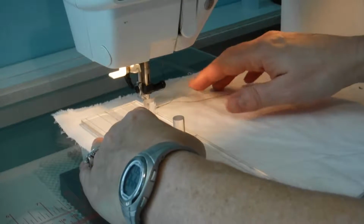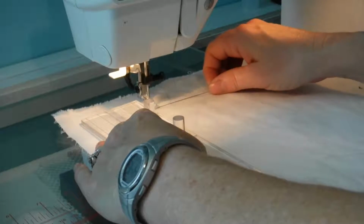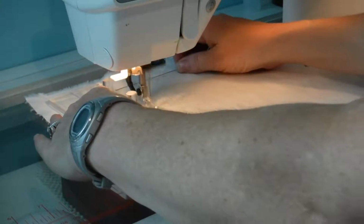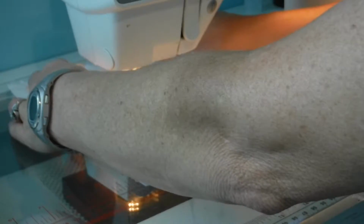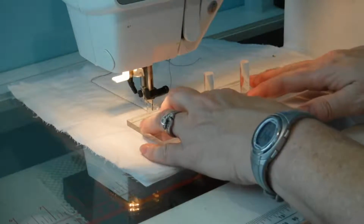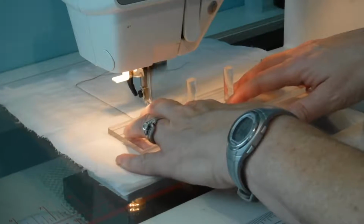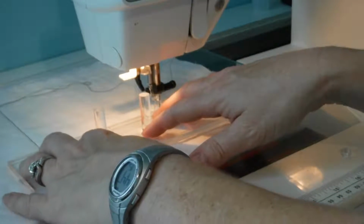So the first thing I'm going to do is just some straight stitching. I've already pulled my threads up, locked them, hopefully. Even though this is a small piece of quilting and I could move it, I'd rather not because I need to get used to moving in all directions, as do you. So I'm just going to show you. You can go sideways,